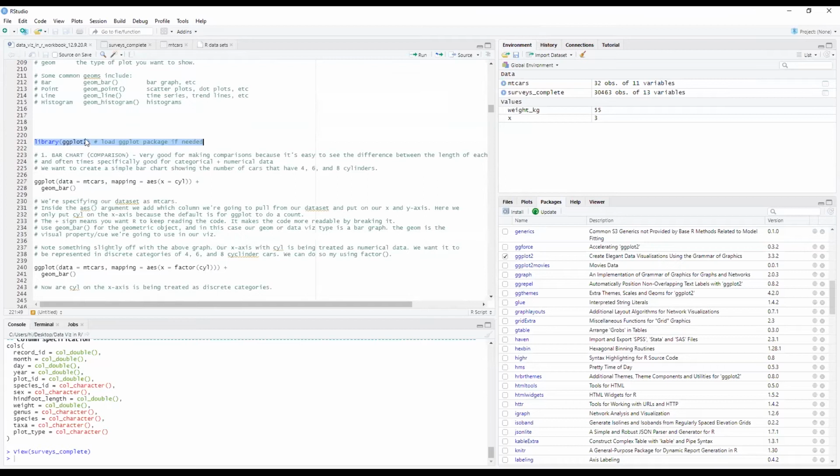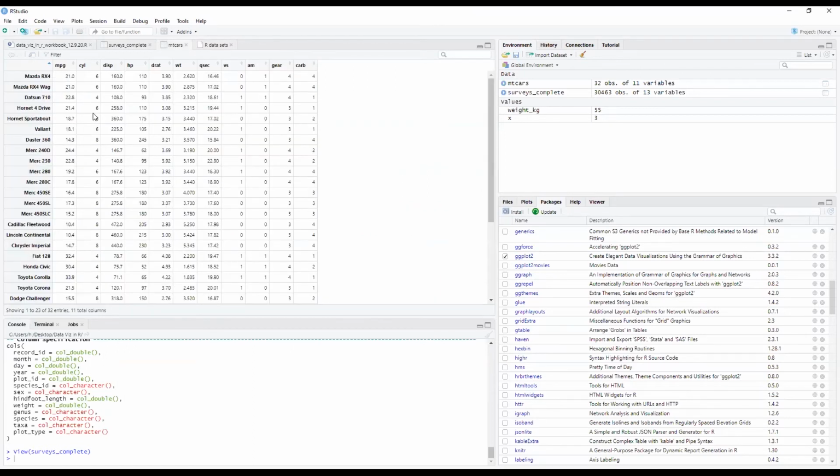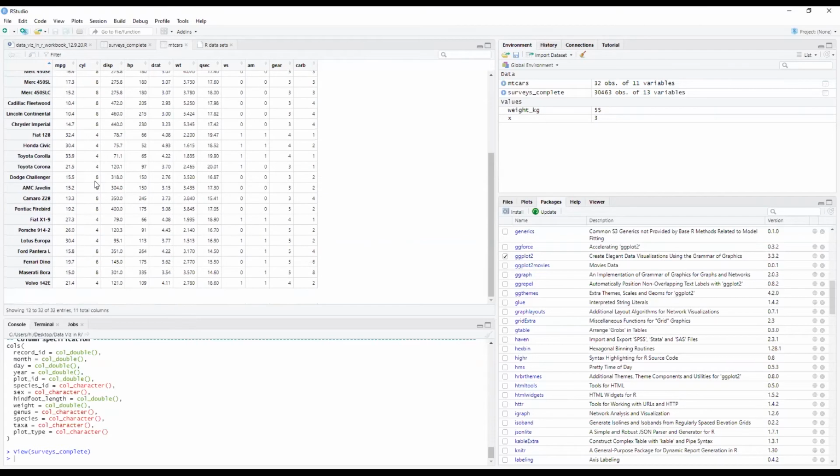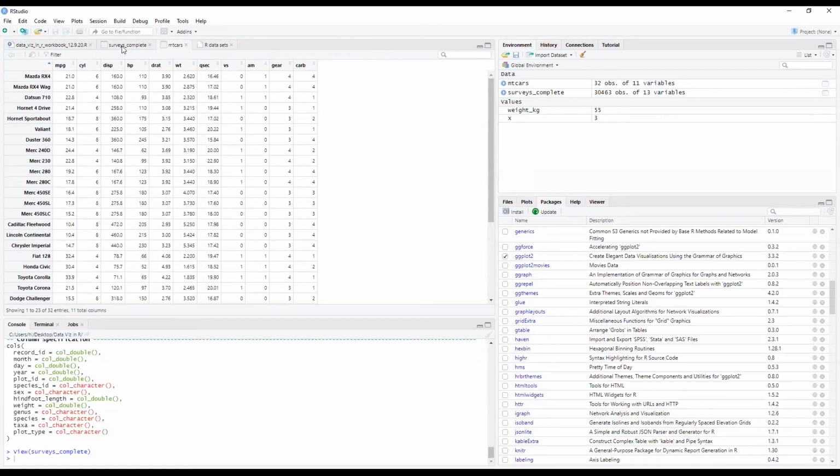ggplot should already be loaded up. So this is just in case something goes wrong. So the very first visualization we're going to create is a simple bar chart. We're going to do it using mtcars. And we're going to be creating a bar chart that has 3 bars. Vertical bar chart. It's going to show that there are a certain number of cars in our data set that have 4 cylinders, 6 cylinders, and 8 cylinders. So if you go back to mtcars, you can see cylinders right here. In our data set of 32 cars, I believe, they only come in 4, 6, and 8 cylinders, right? So we're basically doing a count, a vertical bar chart count.